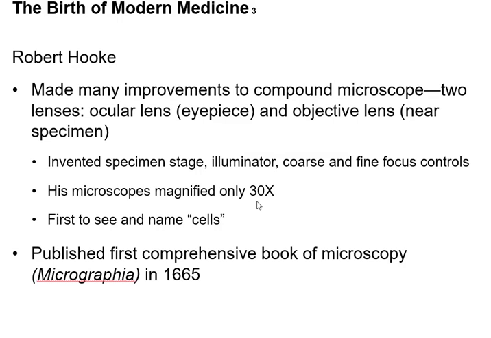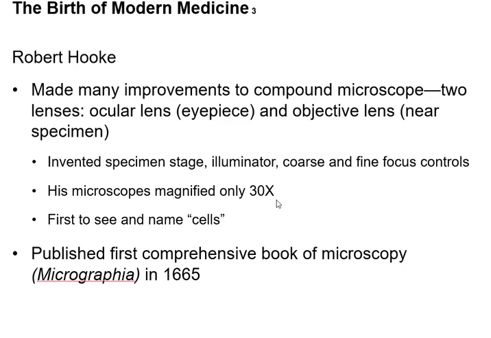Nowadays, when you're in the laboratory and you're playing with the microscopes, you go anywhere from 40 magnification all the way up to 1,000 magnification with your light microscope. So he only went to 30x, and that was less than what we do with our simplest